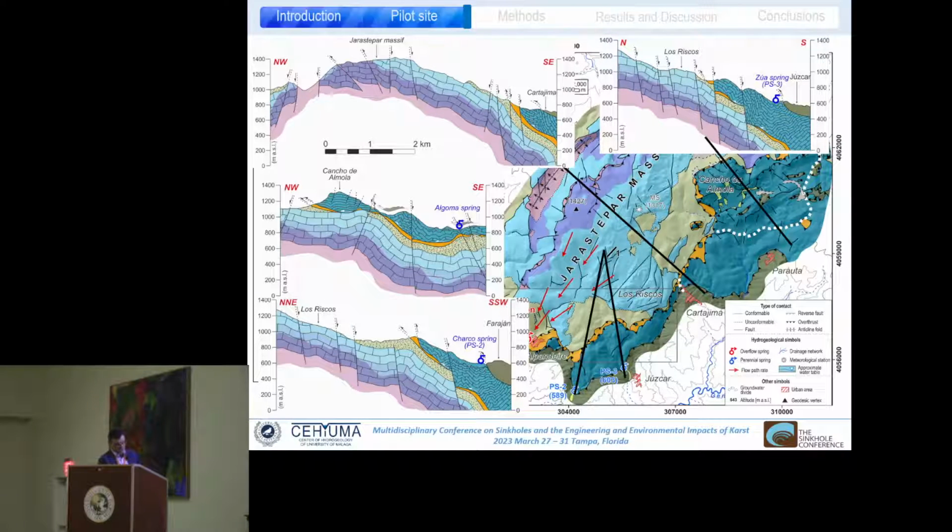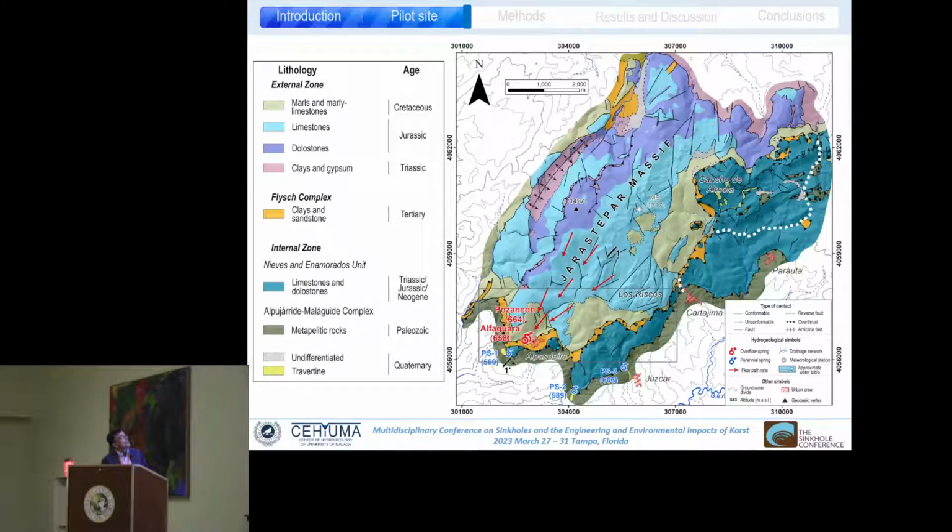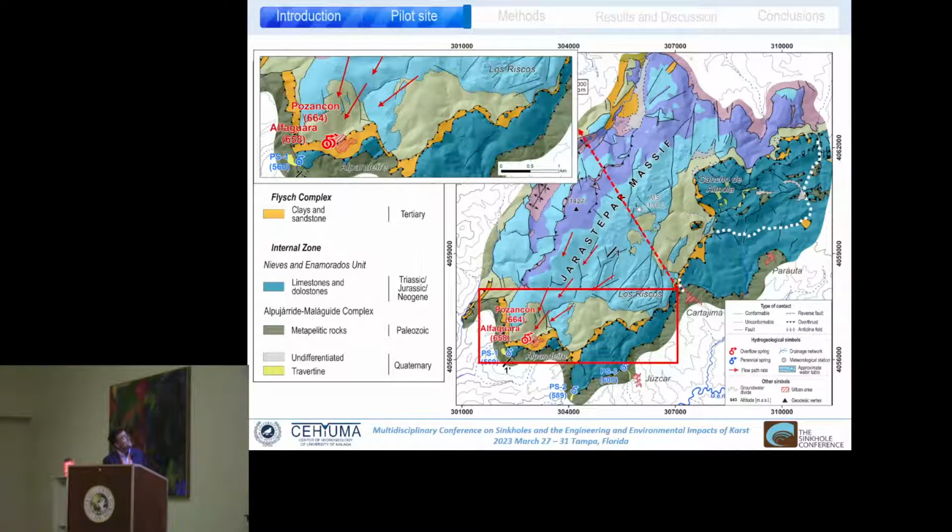So the main springs are located at the south of this contact. You can see some of them at that point. Normally they are springs located at lower altitude, but with high mineralization and temperature, and really small variation in all the chemical and hydrodynamic characteristics. Then, in more detail, you can see here the Pozancón and Alfaguara springs that are located